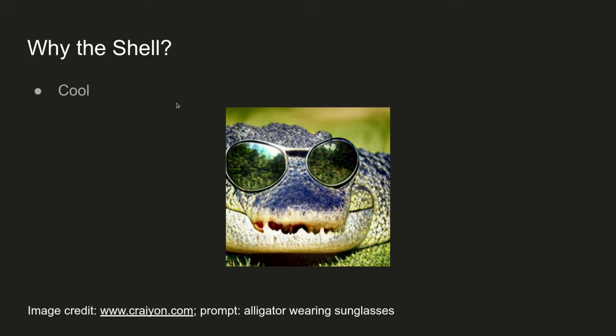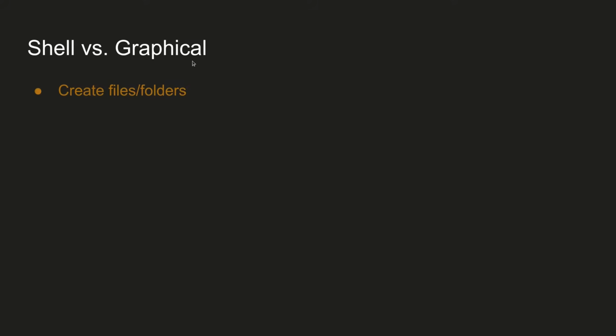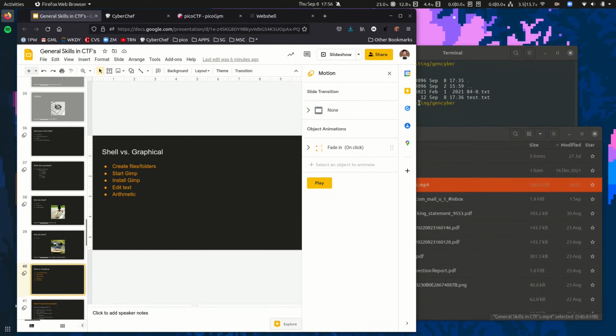I can be doing something really mundane in the shell, like editing a to-do list, and someone behind me is like, wow, you're so smart, how do you even know what's happening? And I just say, it takes years of practice. But it is simpler than it looks at times. So let's do a side-by-side comparison of some operations for the shell and for graphical means. Okay, so creating files and folders.